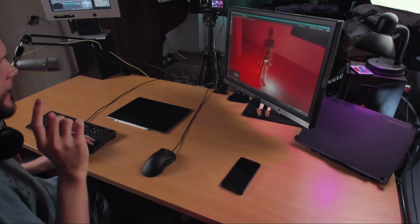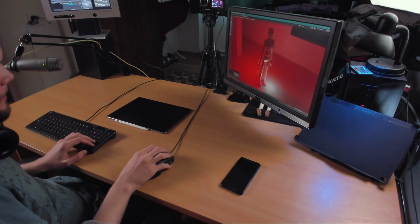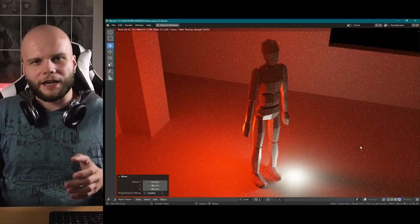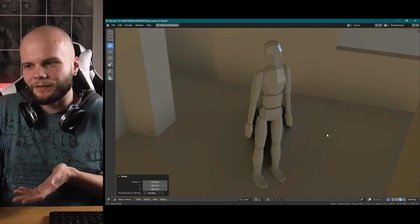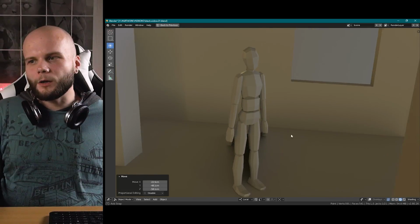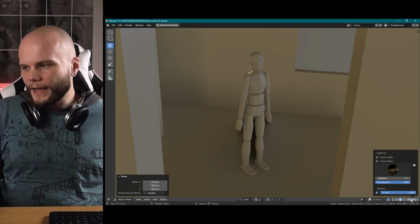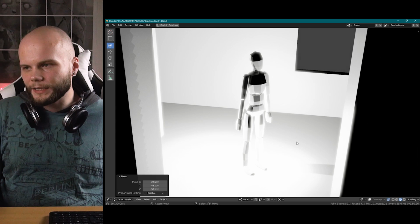And moving on to your guys' comments and stuff like that, I wanted to answer a couple things about Blender right here. First thing, many people in the comments said that I should try the Eevee renderer, which is this, pretty much. This is the Eevee renderer. And yeah, the thing is, I tried it a lot. You actually saw me using it in every episode where Blender was appearing, when I was building up the scene or whatever. And yeah, you can turn on scene lighting and scene world and...